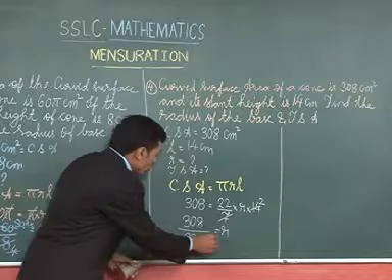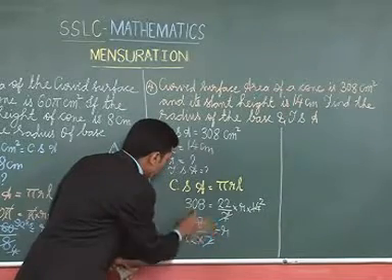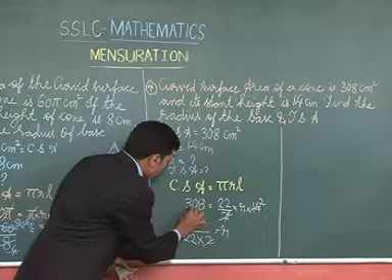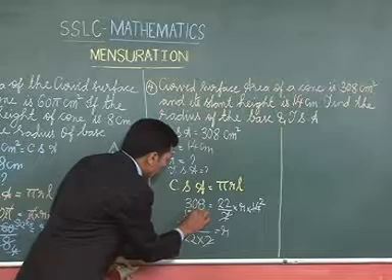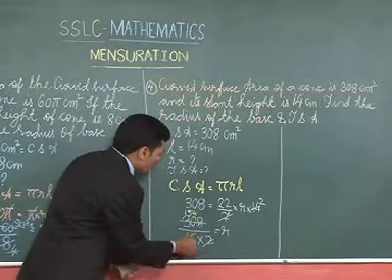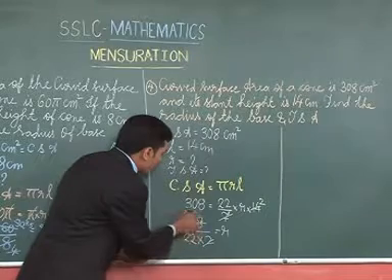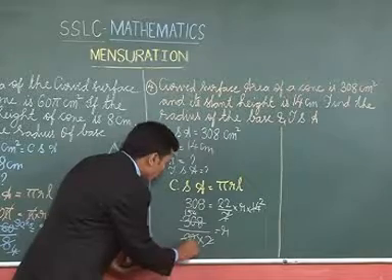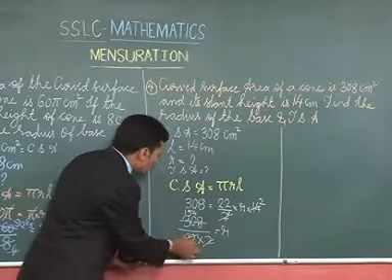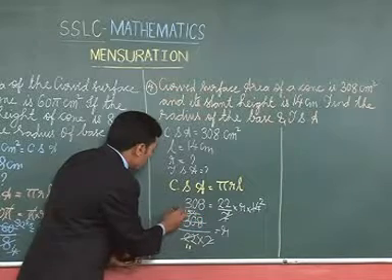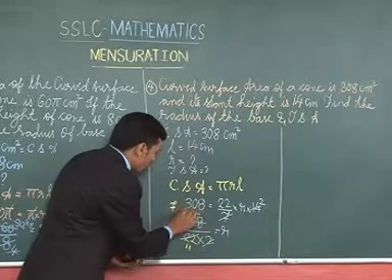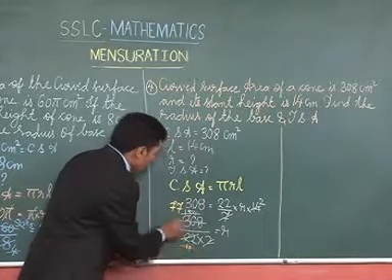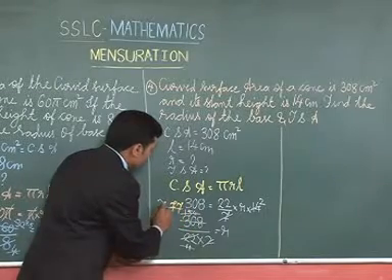Now, 2 ones are 2. So now 1 is carried, so it becomes 10. So 2 5s are 10 and 2 4s are 8. Now we are left with r is equal to 154 divided by 22. Again divided by 2. 2 ones are 2, 2 ones are 2. So 2 11s are 22. Again here 2 7s are 14. 1 is carried and 2 7s are. Now 11 ones are 11 and 11 7s are 77.